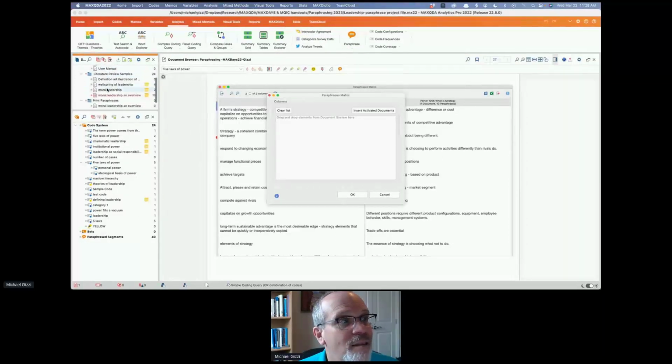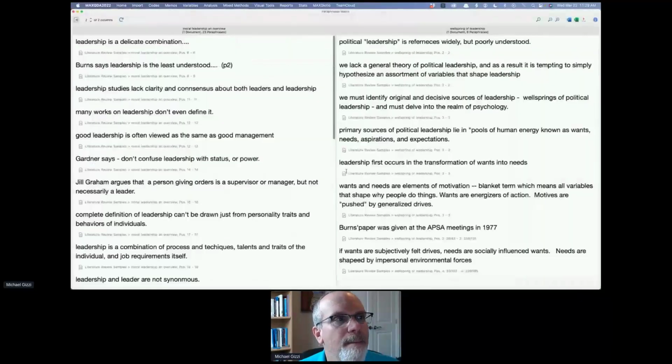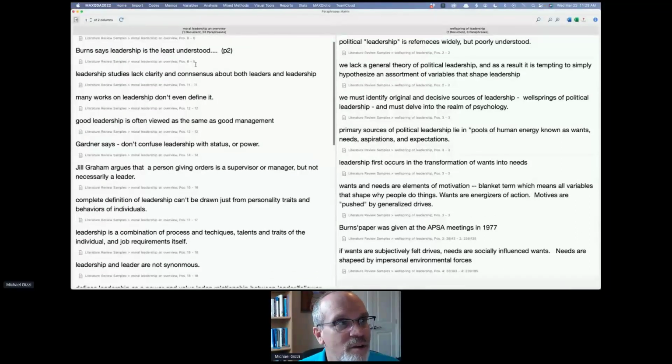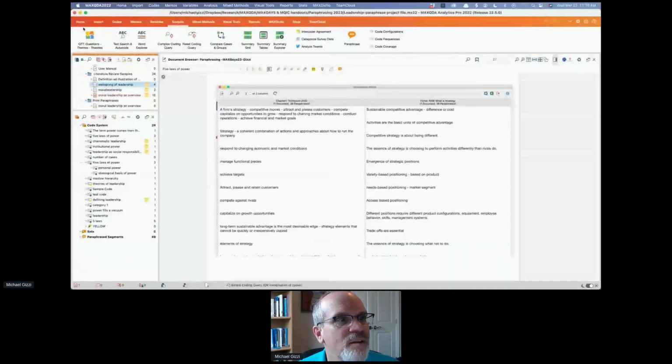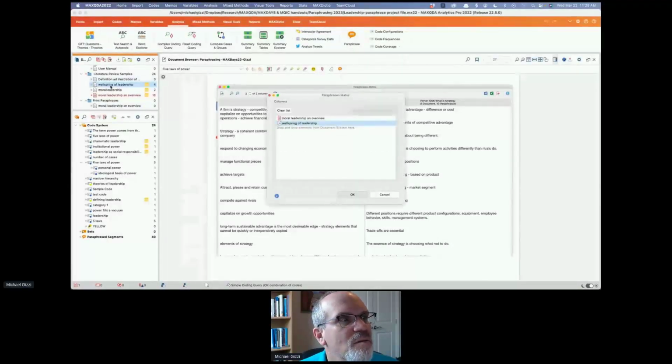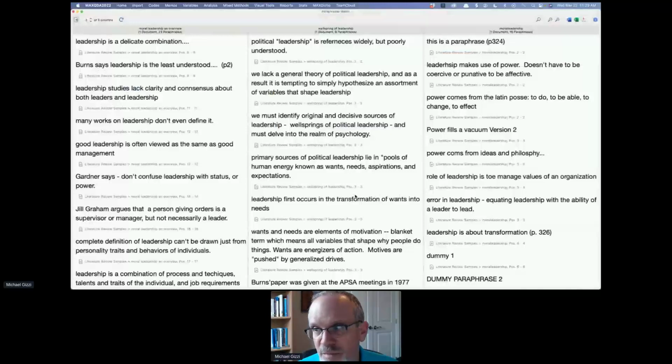I can literally do just one document if I want, but I'll take 2. Click OK. And now I'm seeing all of my paraphrases in the order they appear for document 23 and document 8. Notice there's only 2 columns here, so if I add another document to this, the same article, a different version of it, I could have all 3. It'll let me view as many as I want.